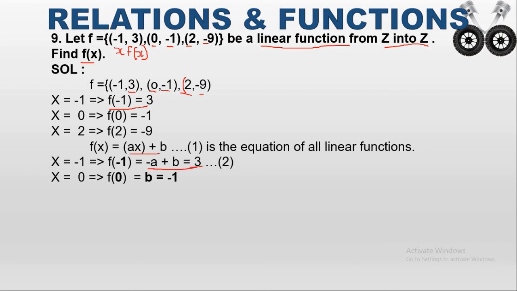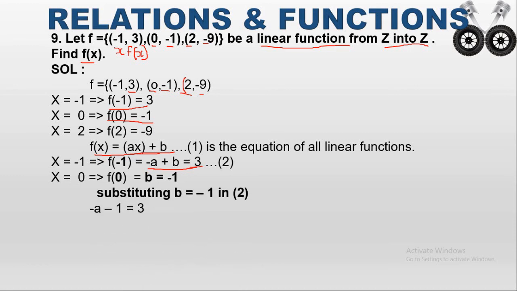That is equation 2. So next I have to substitute the value of x equal to 0. That is f of 0 equals. So in f of x, wherever x, I have to substitute the value 0. So that is a into 0 plus b. So anything multiplied with 0, the answer is 0. So 0 plus b, that is equal to b. Already I know the value for f of 0. F of 0 value is minus 1. So I can write b equal to minus 1.